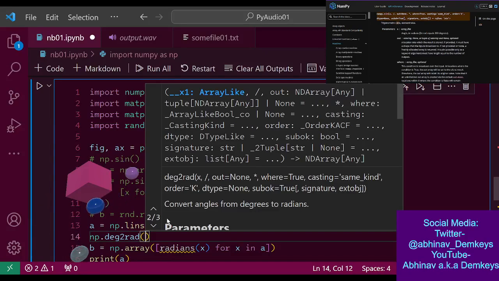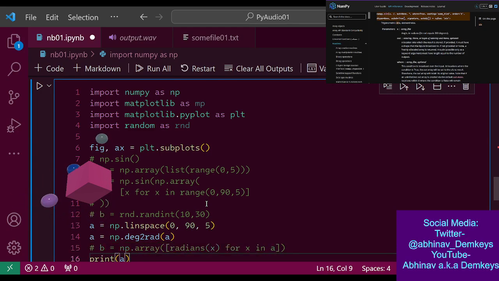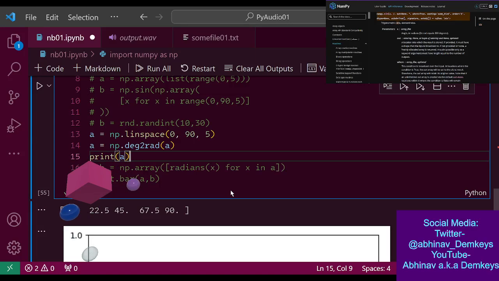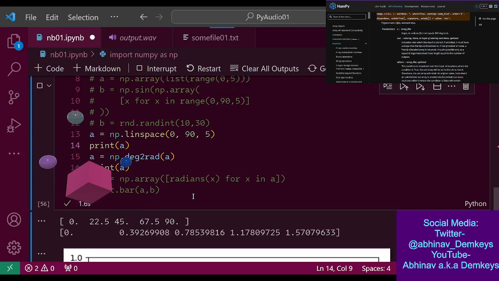Oh, it can be an array. And then it's going to return a full NumPy array. All right, that works. So we can print out this thing like this. And there is our radians.